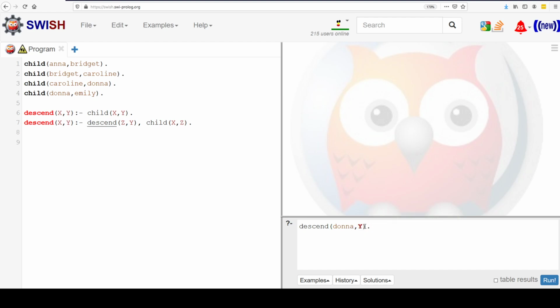I guess we're going to stick with a really simple example, which is we're going to start at the end of our tree and we're going to find out who descends from Donna. So we're going to descend Donna, comma, y, and we'll see what Prolog gives us. So before I run this, we can tell really quickly we're going to get one true answer very quickly. We're going to do descend x, comma, y, where x is Donna and y is a variable, the thing we're